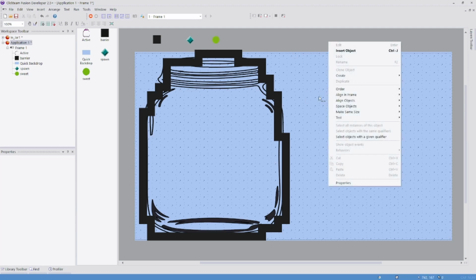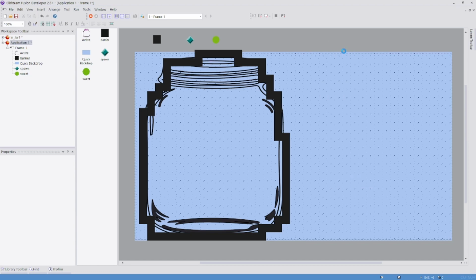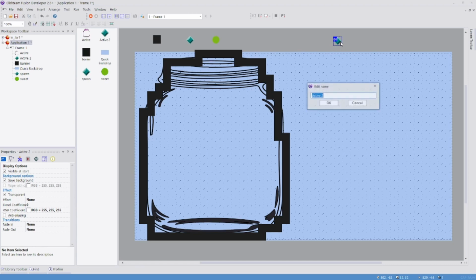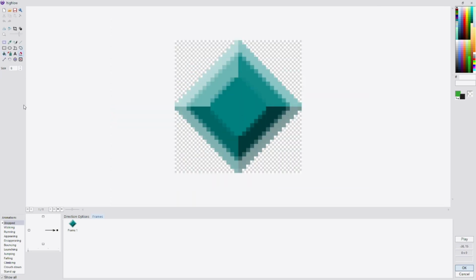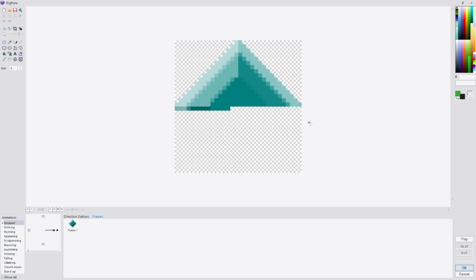Now for the actual interface of the game, we do need to add a few other objects. We're going to have our indicator, so this is going to be showing us whether it's higher or lower. So I'm just going to call it high-low because that's what its purpose is going to be. And again, we're going to try and do this really quickly. There we go. And we need to paint it, set tolerance quite high, have a nice green color indicating that way,